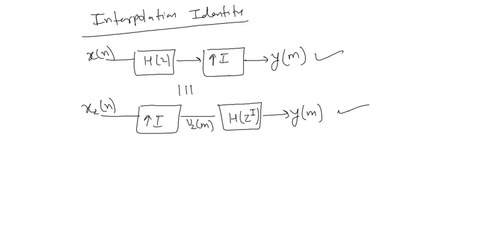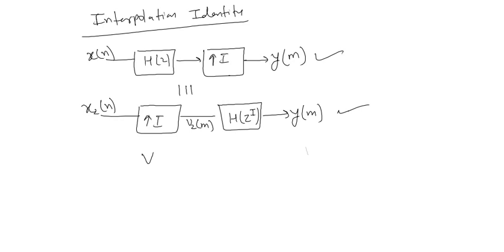Okay, so why are we studying these identities? Because these are noble identities, and they are very useful when we implement these multirate systems, right? So often you have to interchange these interpolation operations and this filtering operation, so that the output still remains the same, and you can go for an efficient implementation, right? So let's start with